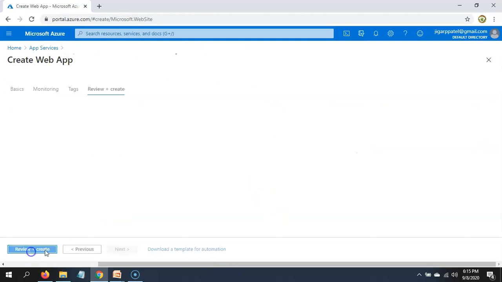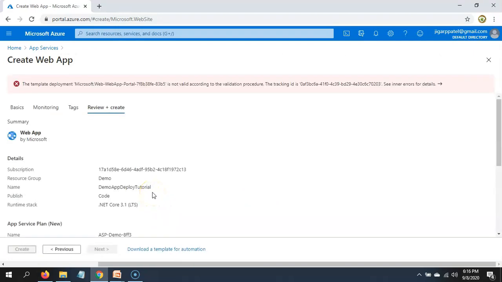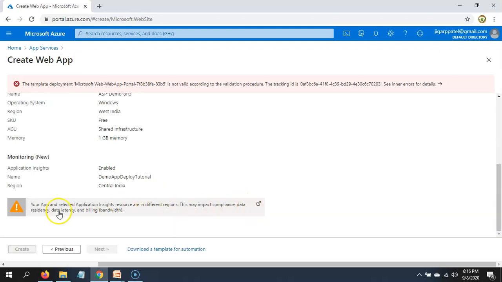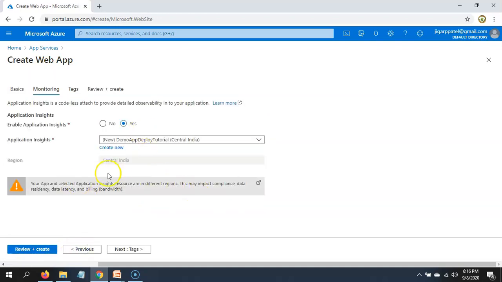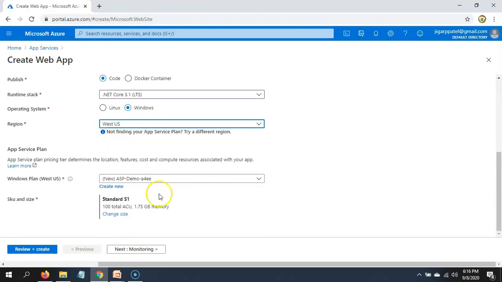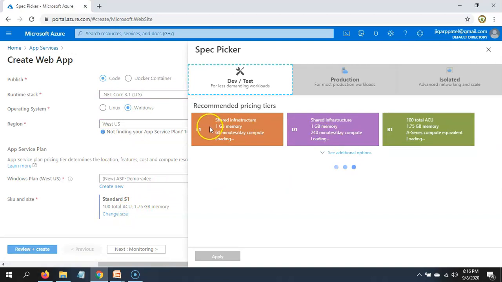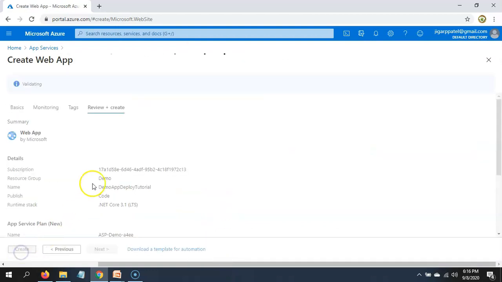Apply, then review and create. Okay, it is giving some error. Let's change our region. So okay, F1, apply, review and create.